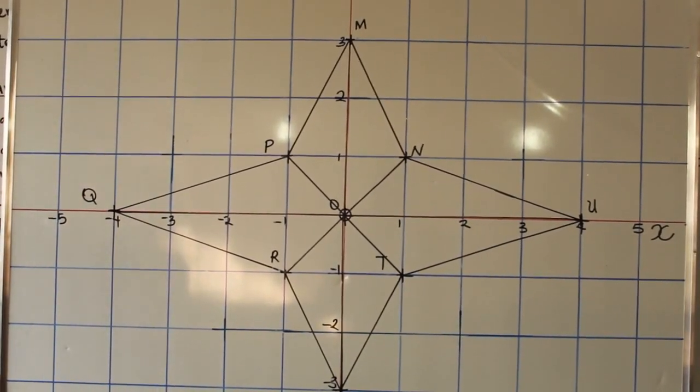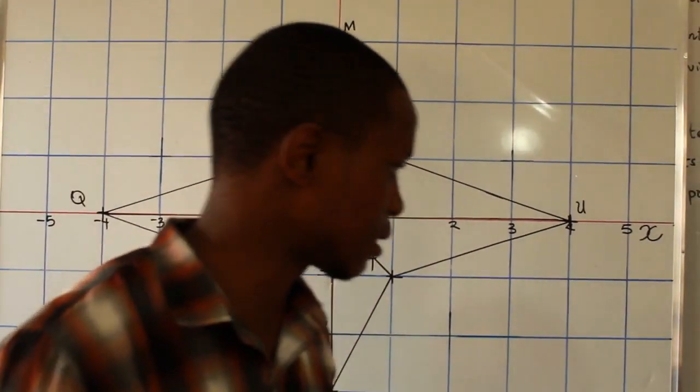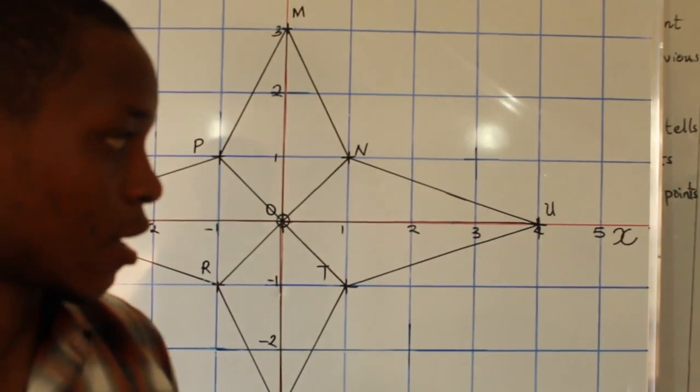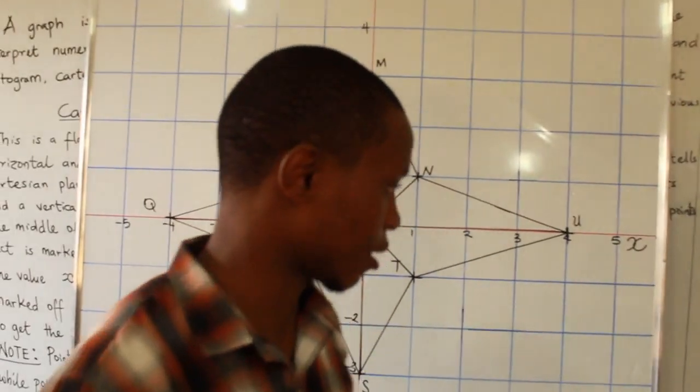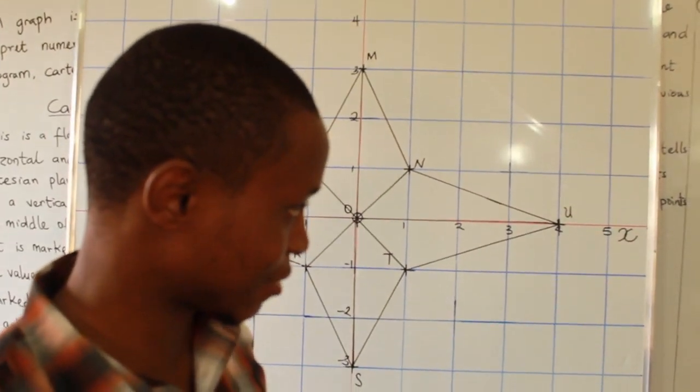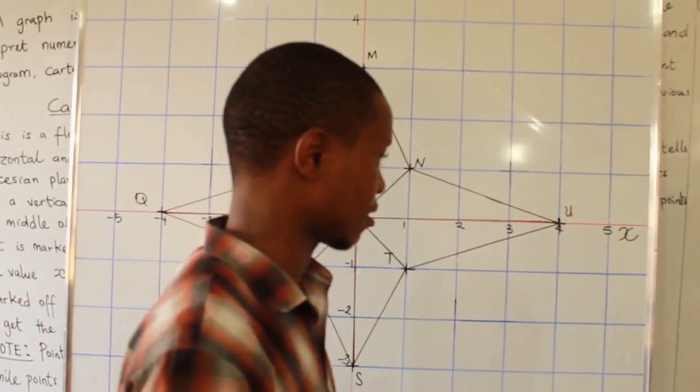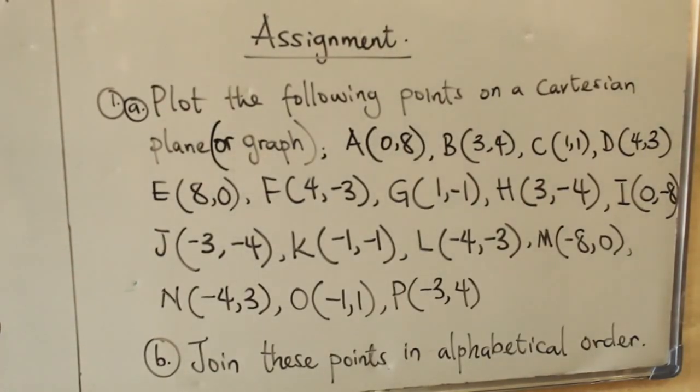Now we're going to try getting some points ourselves. Okay, here's your assignment, and I hope you find it as fun as we had our class. The question is, plot the following points on a Cartesian plane, or on a Cartesian graph, and the points are